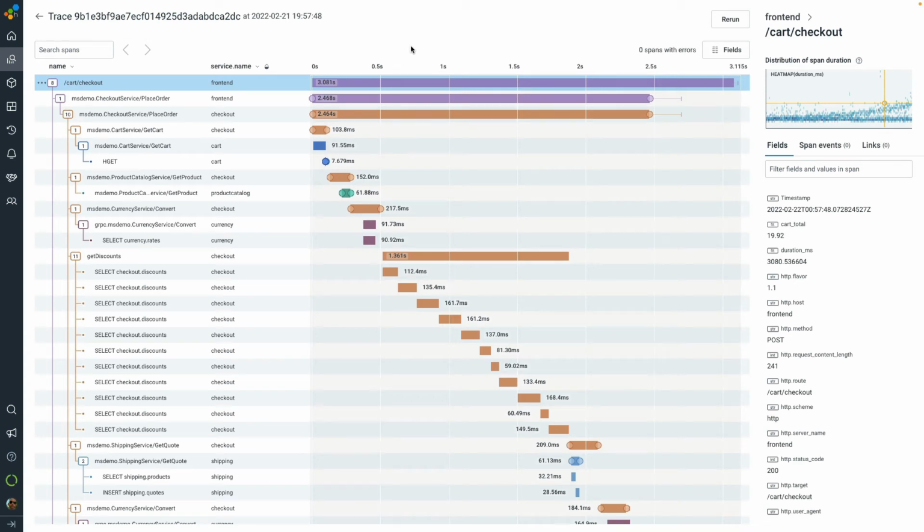The Honeycomb waterfall trace view contains all the details associated with your trace. Let's explore its features so you can make the best use of this view. Starting off with the center of it itself, the hierarchical listing of all of your spans and timing bars associated